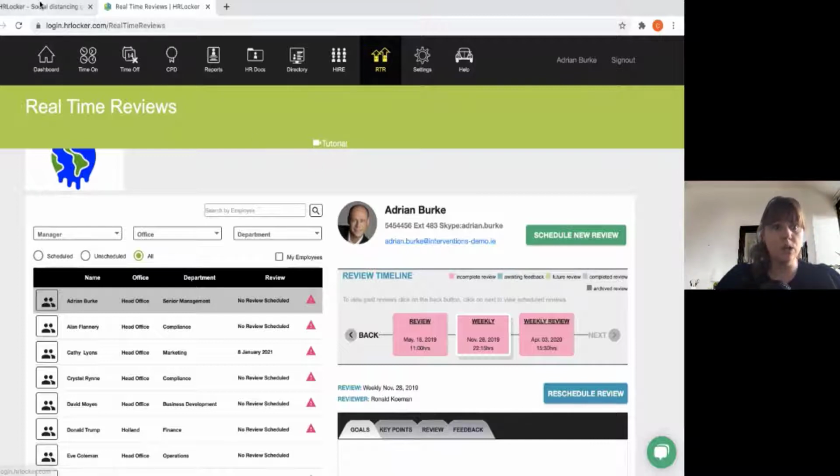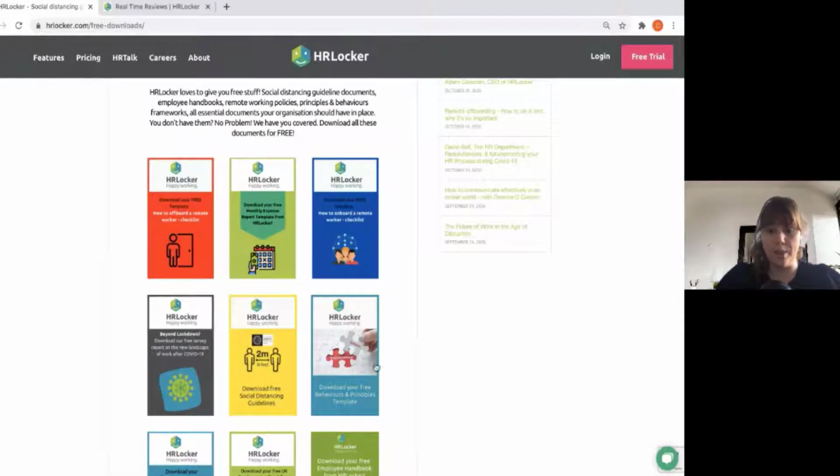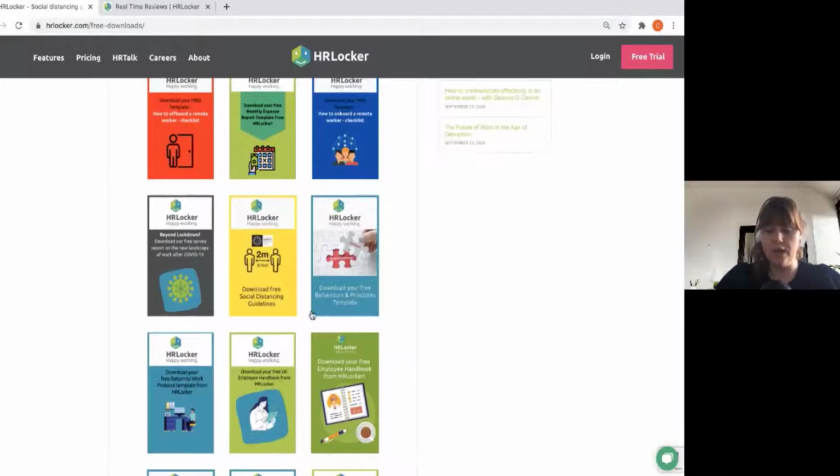On our actual website, if you go to the About Us section, we have a free downloads section where we have a list of free behaviours and principles templates. On that template, there's a list, I think, of 5 or 6 different behaviours or principles. It goes through, for example, teamwork, what it looks like, how you should use it and things like that. And it's a good language to put in place when you're talking with your employees and you're doing an end of year review with them,